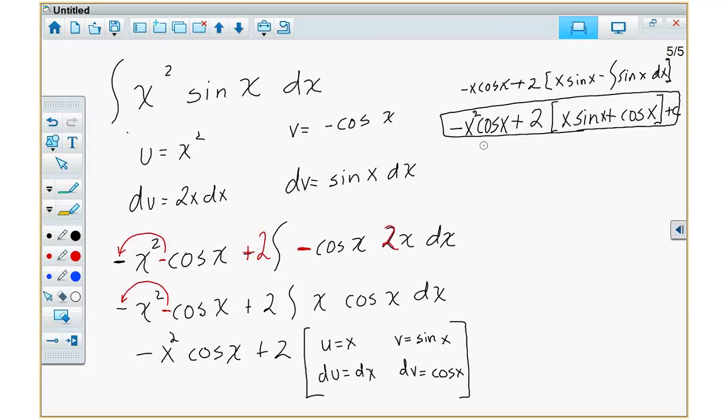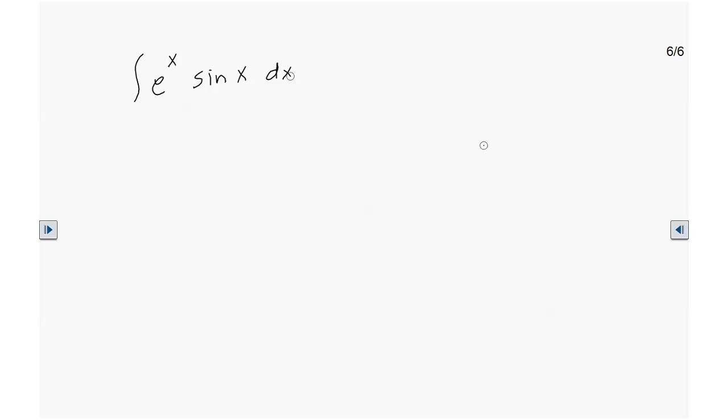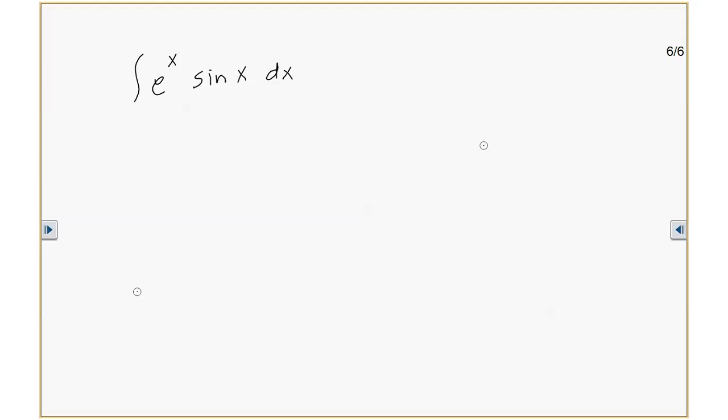E to the x sine of x. I would suggest using a whole page of notebook paper, and I would suggest writing small. I would make u equal sine of x. Of course, you could do either one, but